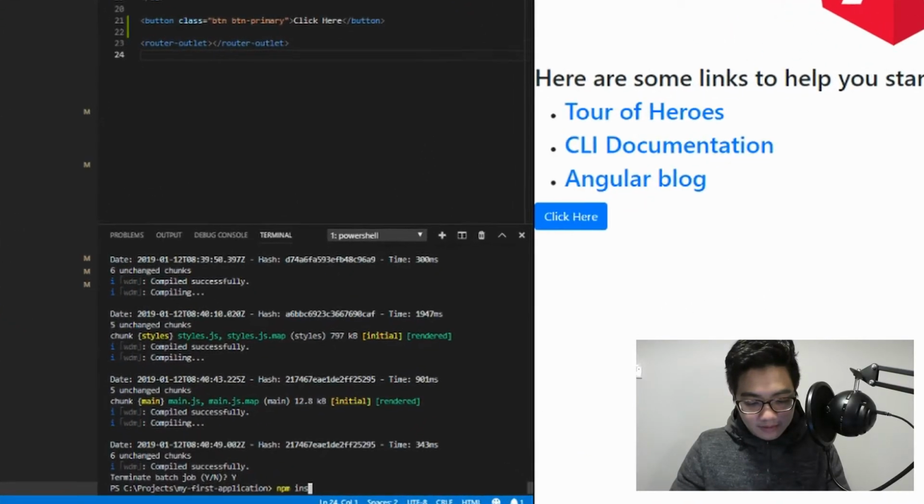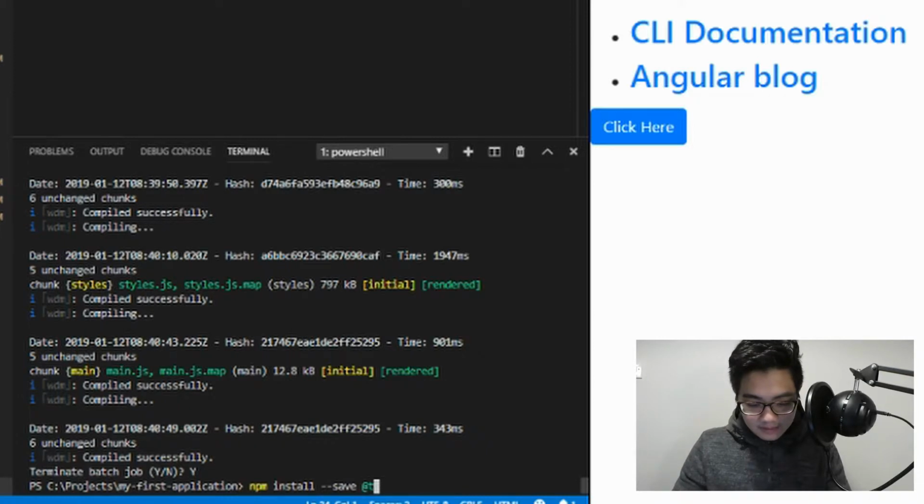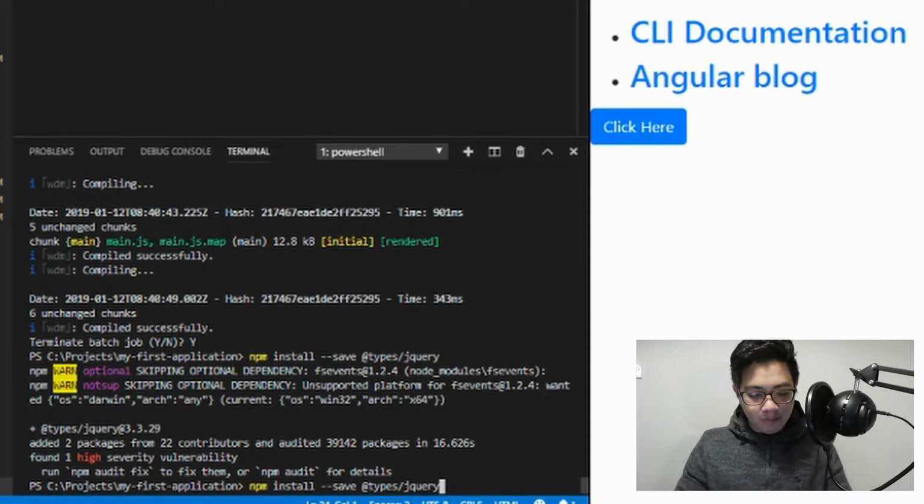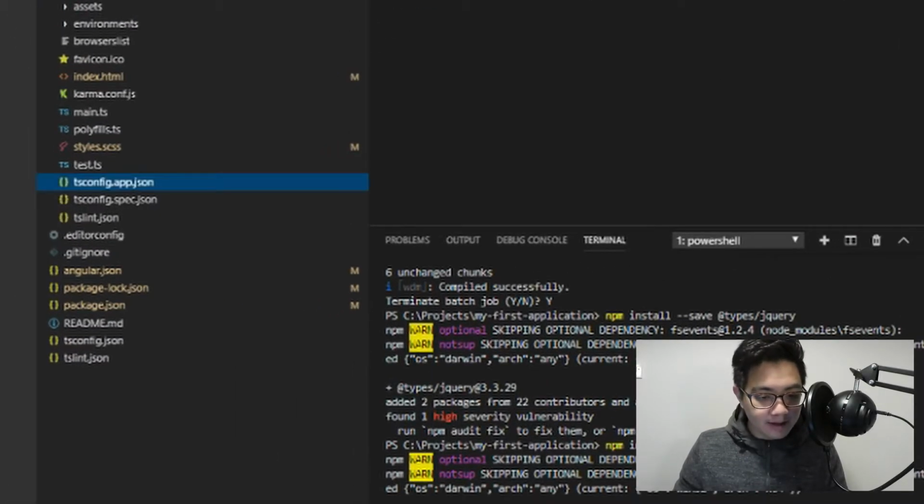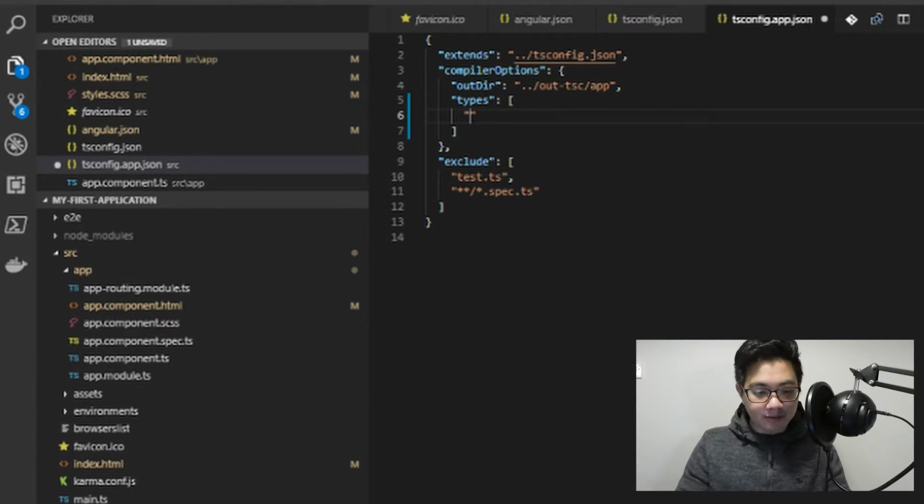But one of the last major benefits of Bootstrap is that it provides a way to programmatically interact with the UI. To leverage that from TypeScript, we need to add the types file. We're going to run npm install --save @types/jquery, and we're going to run npm install --save @types/bootstrap. And once this is done, what we need to do is go to the tsconfig.app.json and specify the types that we imported, so jQuery